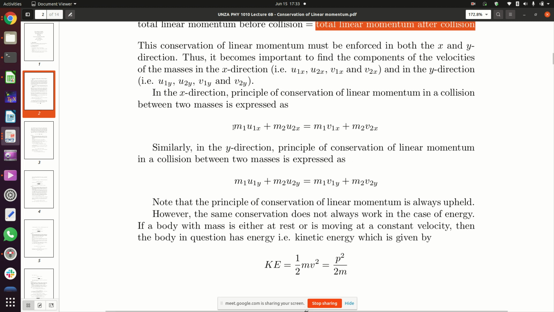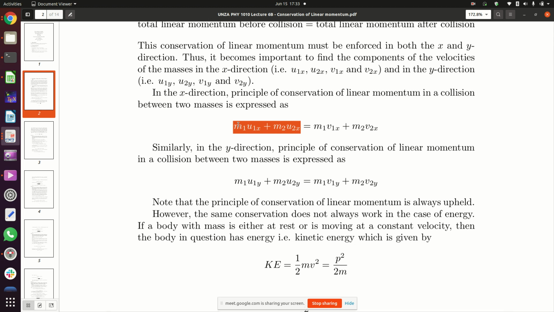That's what we have here. m1, which is the mass of the first object, multiplied by the velocity of the first object before collision along the x-axis, which is u1x, plus m2, which is the mass of the second object, multiplied by the velocity of the second object before collision along the x-axis. This is the total linear momentum before collision along the x-axis. This which I've highlighted should be equal to the